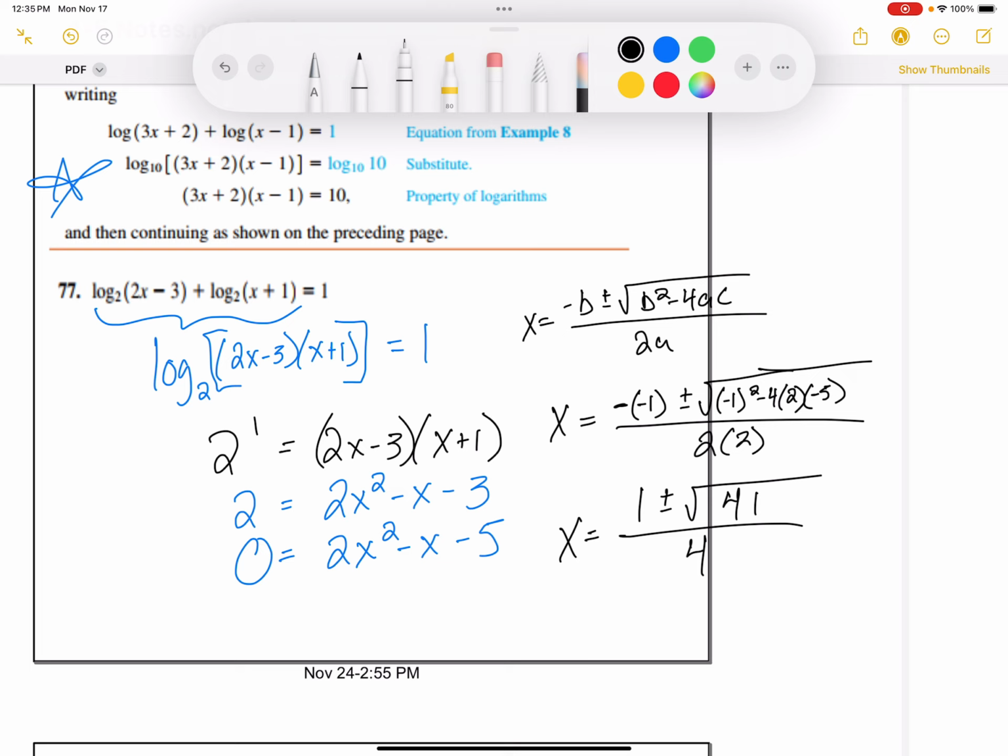So x equals approximately 1.85. If I plug that in, 2 times 1.85 minus 3 is positive, and then 1.85 plus 1 is also positive. So I know this one is going to work, as long as I did my math right. My other one is